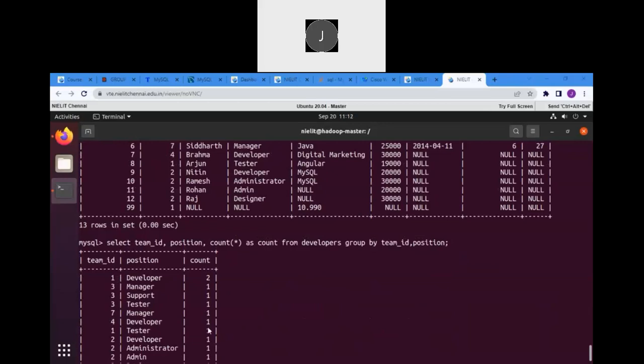The thing is, I don't have a proper table populated. That's why I could not show the proper result. Maybe one thing I can add, maybe in the next class I will have a different table which gives a proper count. That's the reason you could not see it properly. Okay, is this concept clear? Can you tell me? Or you want me to add a proper table and show